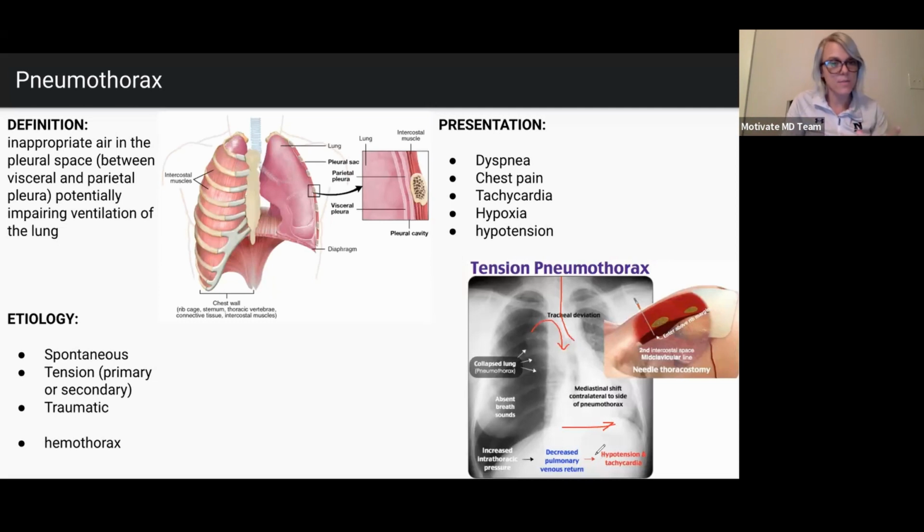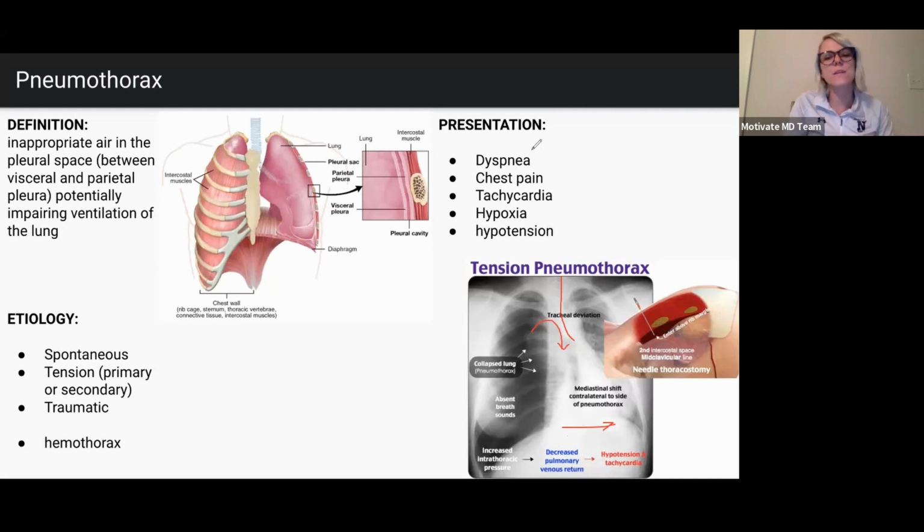And when we get hypotension, the correct hemodynamic compensation would be tachycardia. Because of that pressure, we get decreased venous return to the heart, so not as much blood going back to the heart. We get hypotensive, and then the heart says, okay, I'm not getting blood where I need to, let's increase the heart rate to try to compensate. So that's what's happening. That's also a question. Remember that we're getting decreased venous return and as a result, hypotension.